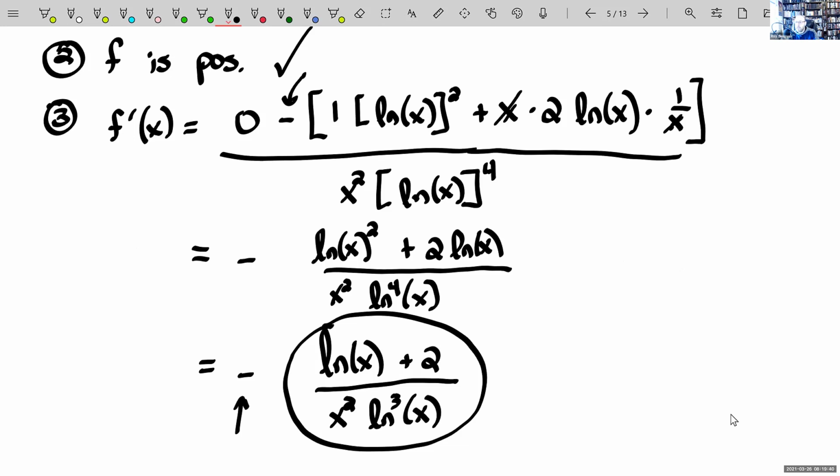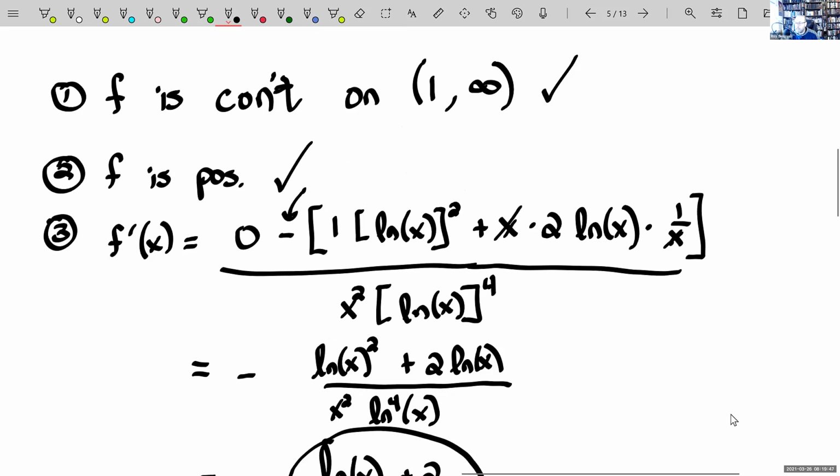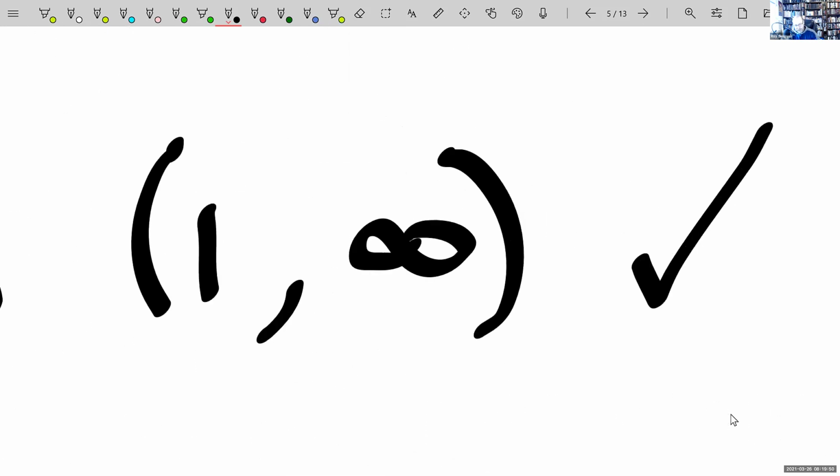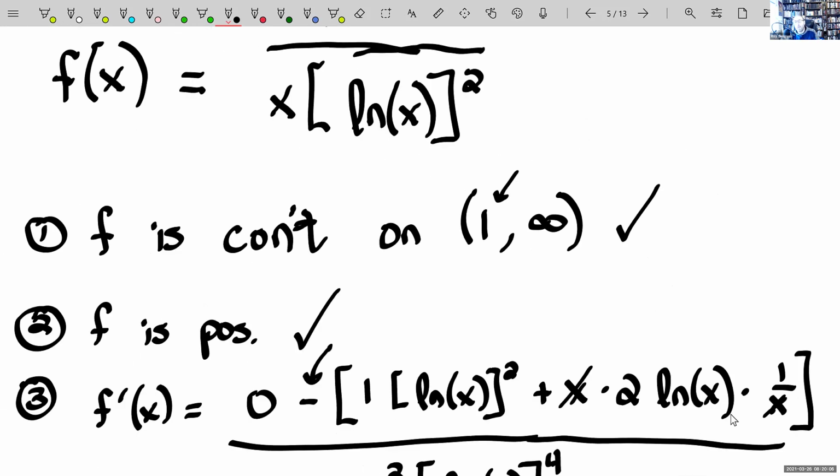Wouldn't the function not be continuous because the natural log of 1 is, no. That's what I said. It's continuous on 1 to infinity, right? So when I said that it's continuous, the question asked privately to me is, wouldn't the function not be continuous because the natural log of 1 is 0 and it'd be undefined? And I'm saying that f is continuous on the interval 1 to infinity, the open interval, not at 1. Notice that open interval doesn't include 1. It's everything after 1. And by the way, if that concerns you, note